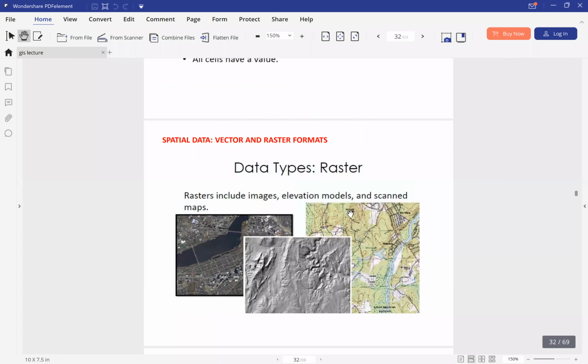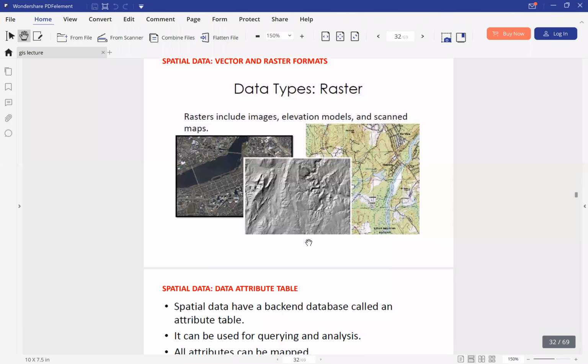Now, raster data could include images, elevation models, and scanned maps, right? This is the hillshade map, right? Now,